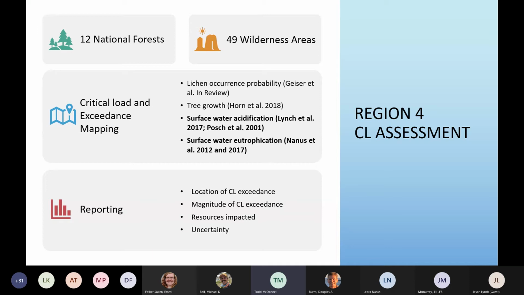But for this talk, I want to highlight the fact that we brought in the surface water acidification critical loads and the surface water eutrophication critical loads that Leora will talk about soon. We reported on the location of the critical loads and their exceedances, the magnitude of exceedance, and described the resources that would be expected to be